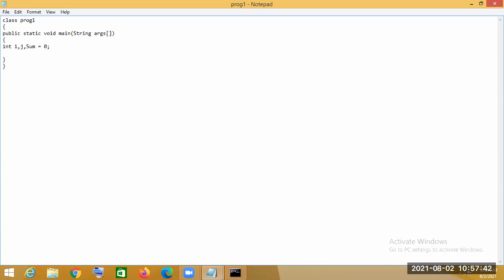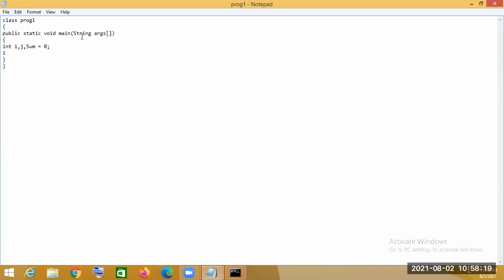It will all be of string type, whichever argument we pass at runtime. So what we have to do, if you remember in the previous class, I discussed the wrapper class. There is a method in the Integer class, parseInt. What does this method do? This method takes the string and converts it into the integer. So the concept of the wrapper class should be applied.